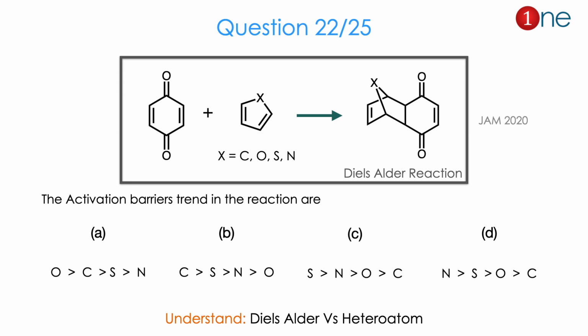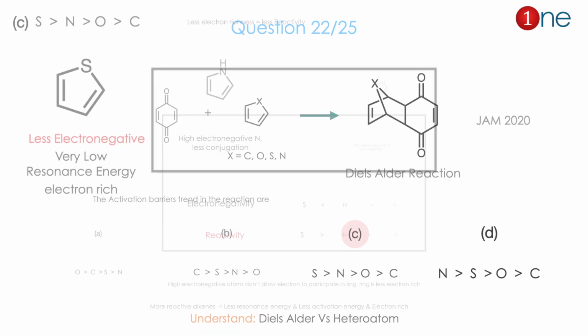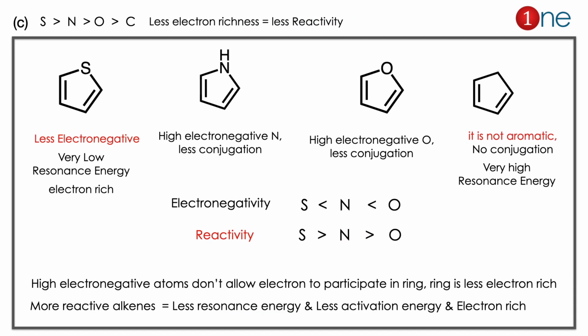So from the question to possible answers, you might realize the question is really about Diels-Alder reaction versus heteroatom. The answer is C. Let us see how. Here you have to know the electronegativity difference among the heteroatoms. If you look at it, oxygen is more electronegative than nitrogen and sulfur, so it will make the ring electron